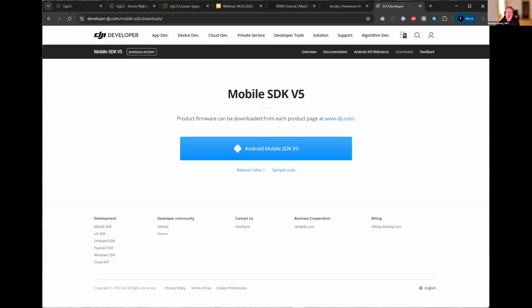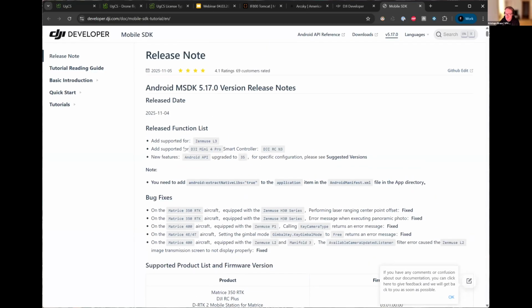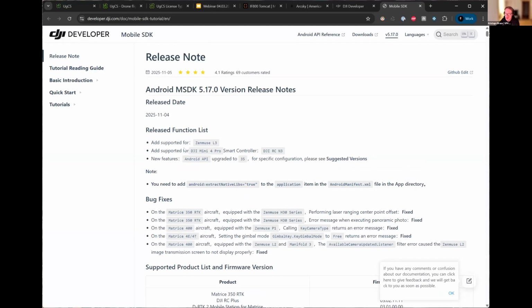Here DJI publishes all of the supported drones with their newest MSDK version. Here you can see the latest drone they actually added. This was back in November last year, the Mini 4 Pro, and for that we added the support. So if you want to see official Mini 5 Pro drone support in UgCS, you can all collectively send DJI